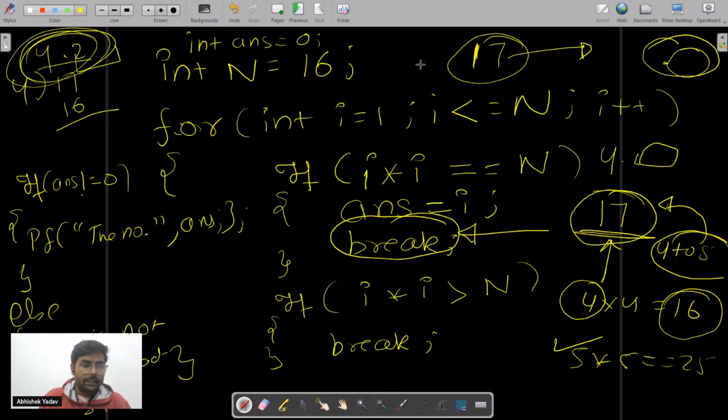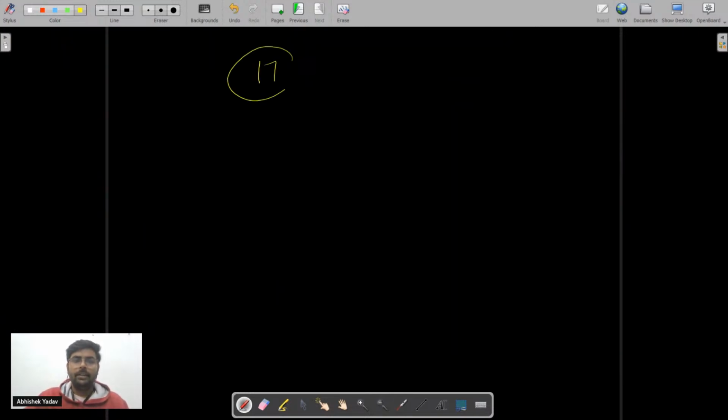Again, how to print that? You can use printf. In place of int you can go with float. And here, if I'm saying I want the digits, let's assume I have 17 and I got the answer as 4.2